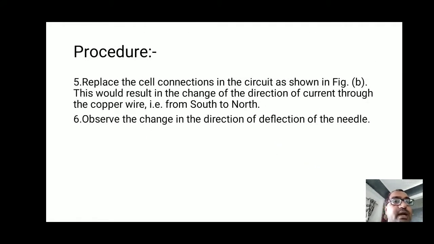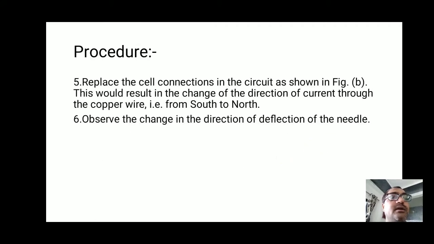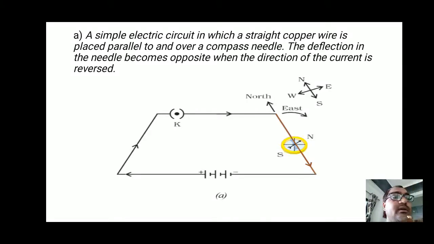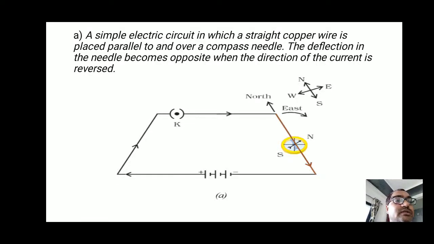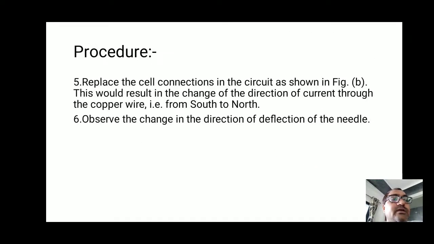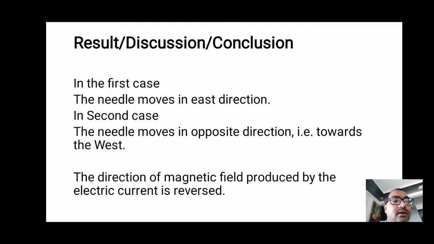So this is activity 13.4. That way we can understand. Here, when we change the terminal of the battery, it deflects towards the west side. You can see it in the compass also. This is the figure here. This is the west side, and here it deflects towards the east side. Earlier it was in the north direction like this. So this is the first figure. In the first figure it deflects towards the east side, and in the second figure it deflects towards the west side when we change the terminal of the battery. So this way we can understand this activity.